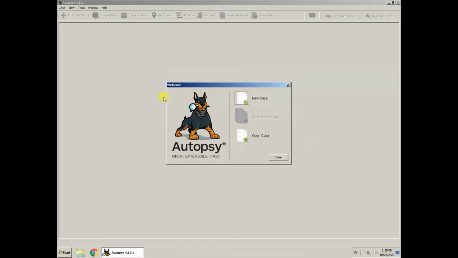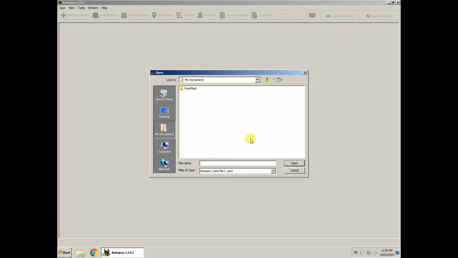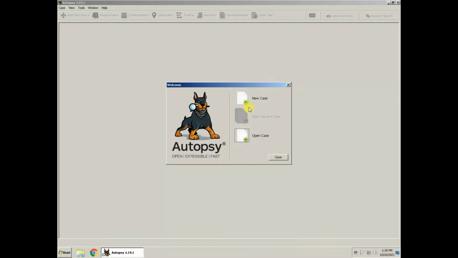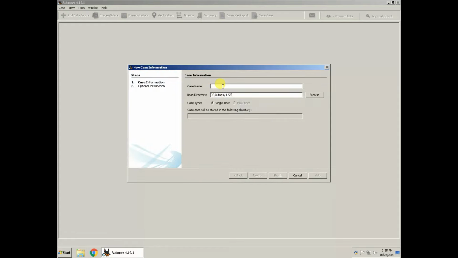And the normal interface that we have in most of the softwares is that first thing is that you'll have to create a case. If you have a previous case which you have saved somewhere, you can open it from here. Since we are working on it for the first time, we'll click on new case, and as usual we'll give it a name. For example, we are going to analyze a disk, so I'll give it a name like disk analysis,